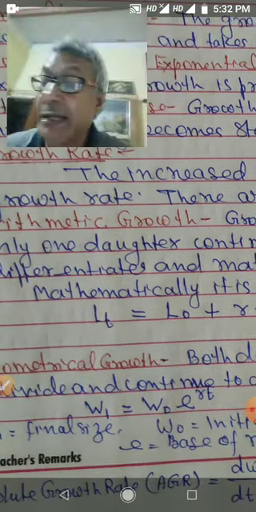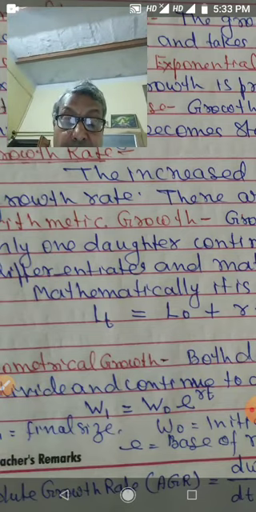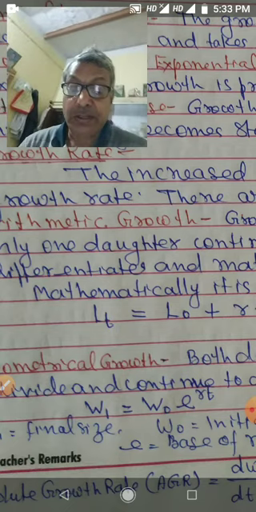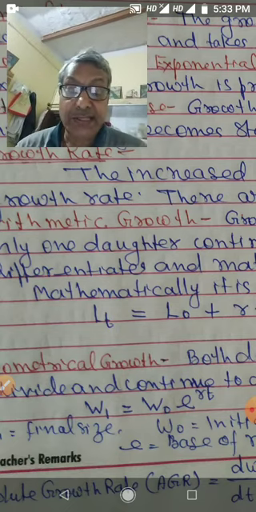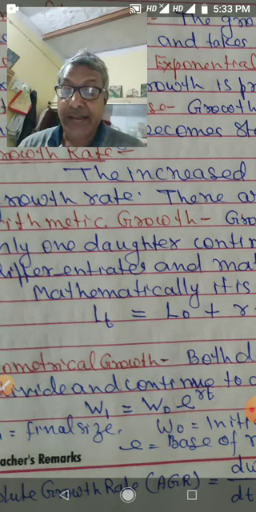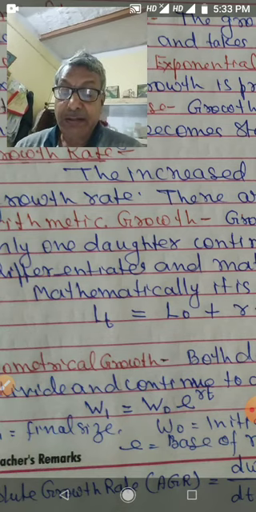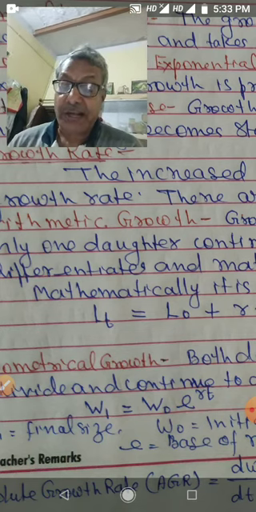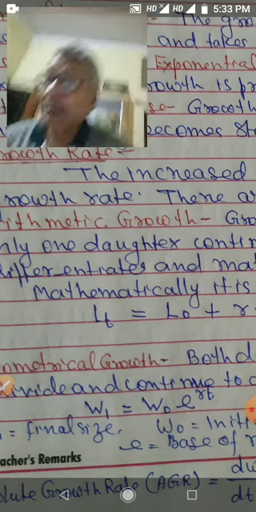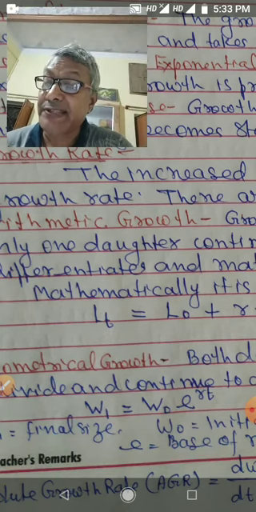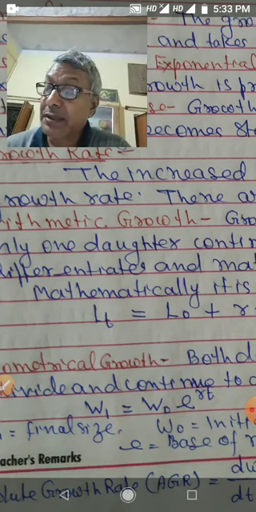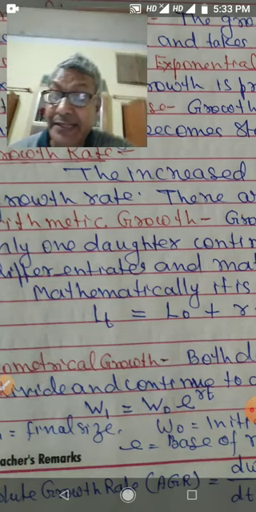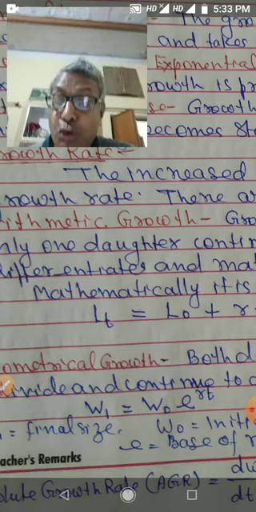In the geometrical growth, after the mitotic division, two daughter cells are produced and both daughter cells retain the ability to divide and form another cell. So this process is continued. So here cells are not going to differentiate, not going to mature. They are involved only in the division. So that is geometric growth.